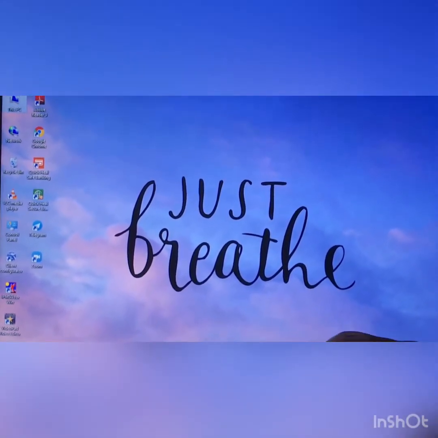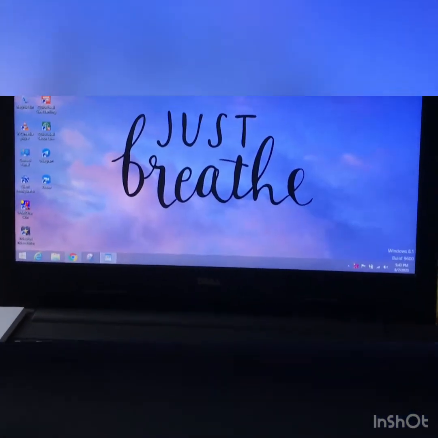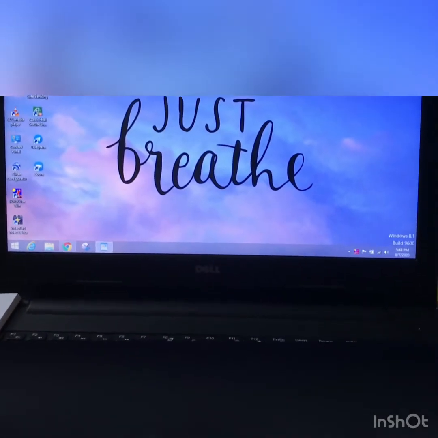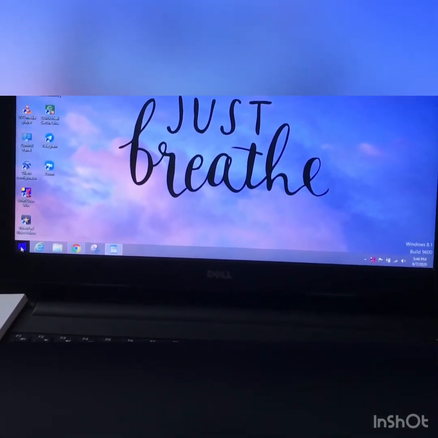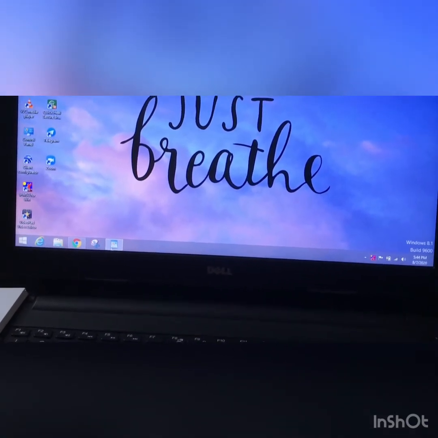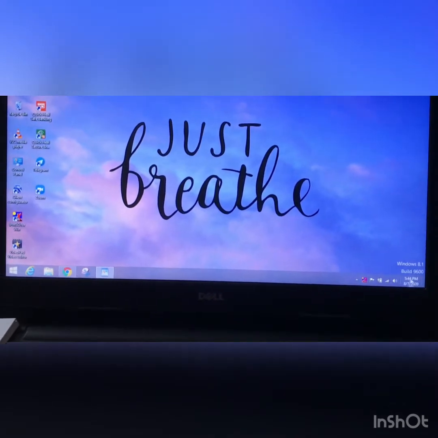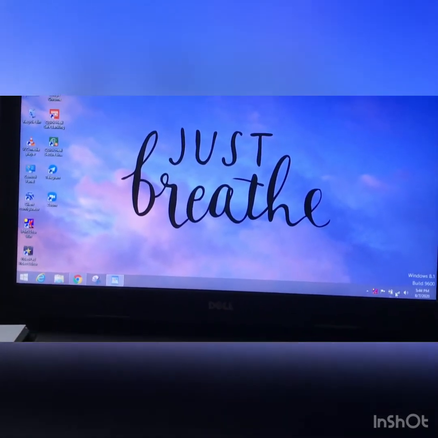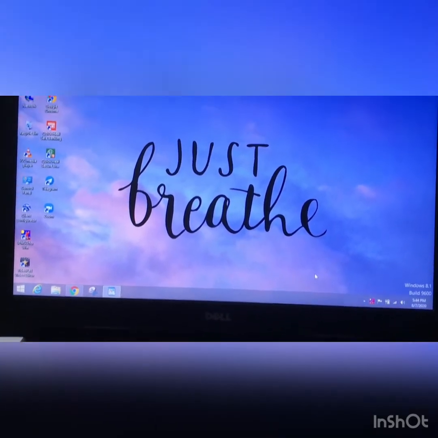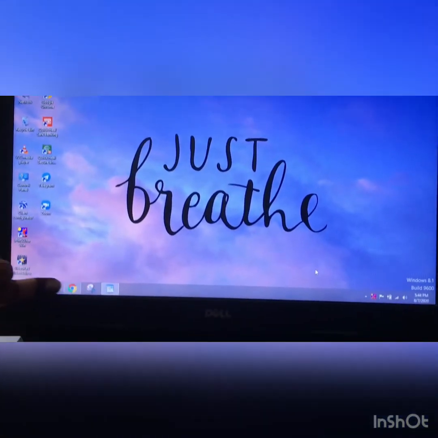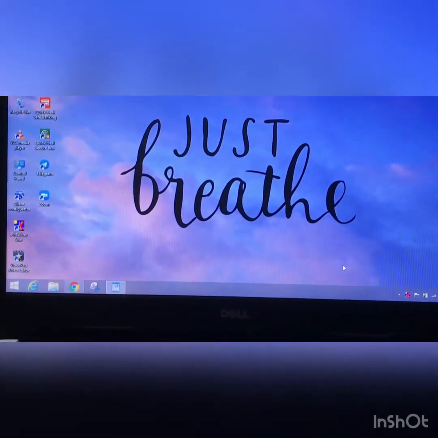So this is the taskbar. On the downside, we see one line. This is called the taskbar. In the taskbar, we have the start button. This is the start button. Then the search option. Here we can see the time, this is the peek button, where we can see the time. Here we can see the notifications. Programs that are open are shown on the taskbar.